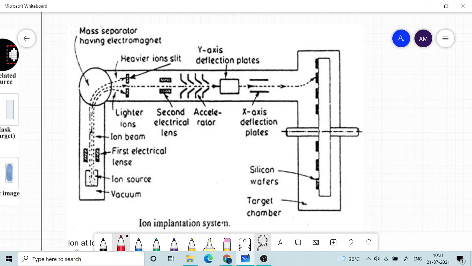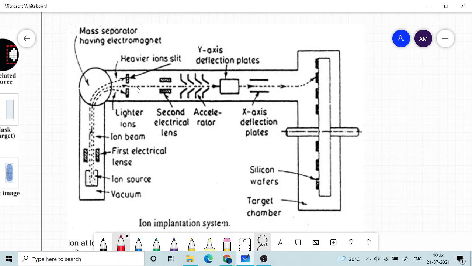And then say suppose positive is deflected downward and negative is deflected upward, and some will not be deflected, okay, some will just go straight or something like that. So if you want to separate a particular deflection, then you just keep an opening there corresponding to a particular charge and a particular mass species should only be passed, okay. So say boron plus is getting passed, and boron minus is getting stopped by a stopper here, another boron plus is getting stopped here, so only boron plus is getting passed, okay.